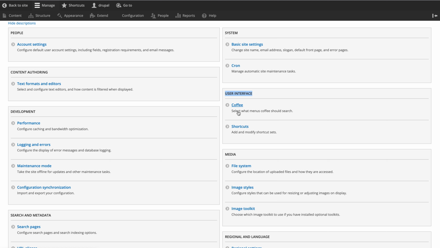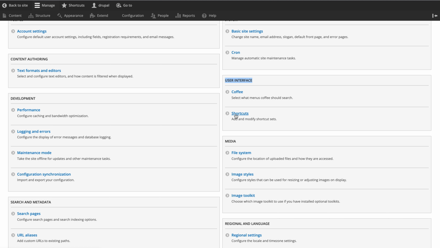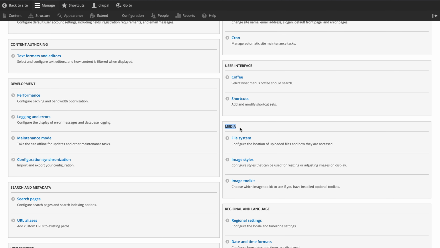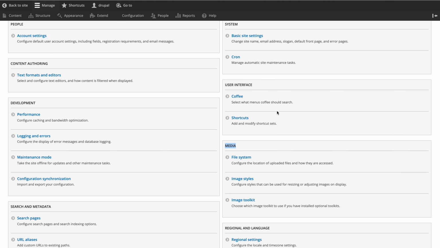Actually, the coffee we have already covered in the module installation. I'll give the link below showing how you installed this module, and we will configure one shortcut here, and we will talk about the media configurations. Okay, so let's start. As I told you, this is the coffee that we have already configured, and